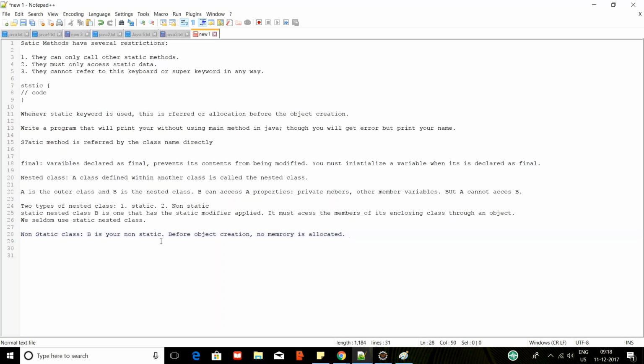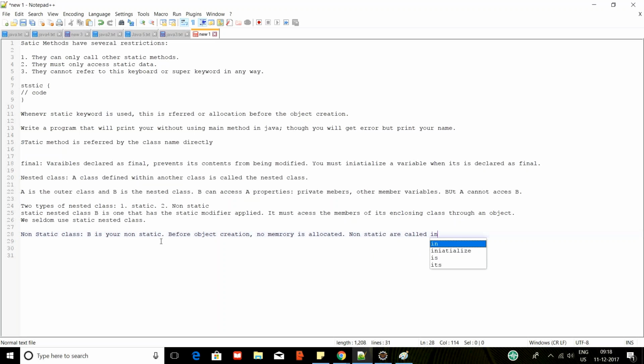Whenever you create an object of B, it can refer to your particular A object, and no previously allocated memory is there in your JVM. So it's a faster use of non-static classes. And non-static classes are called